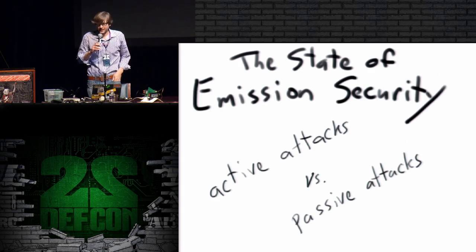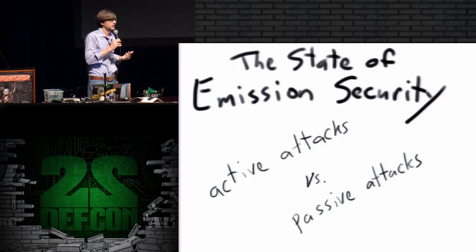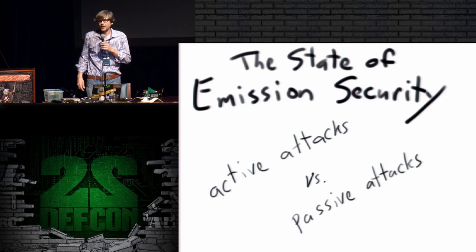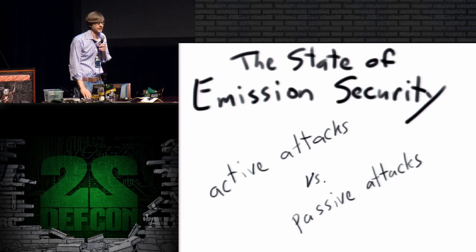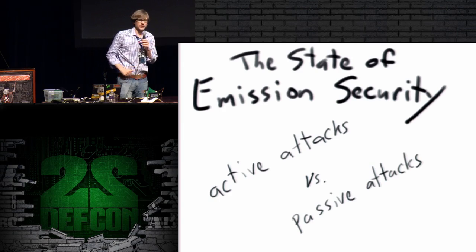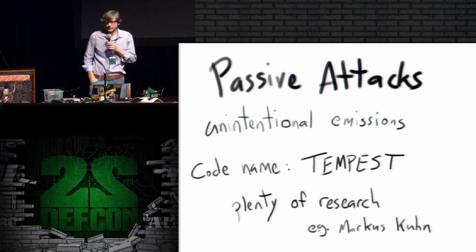Emission security is the field of security where we study emissions from devices. And a fair bit is known in the public research community, the hacker community, about passive attacks. But not very much has been known historically about active attacks. And today I'm talking specifically about active attacks, where an attacker actually transmits something towards a target. The passive attacks that we know about,